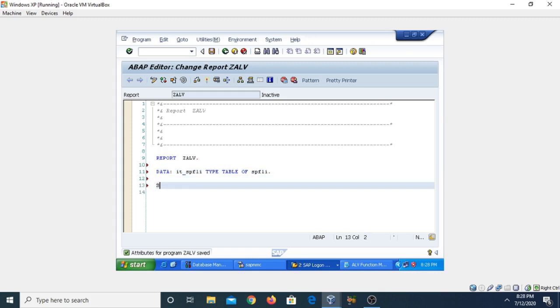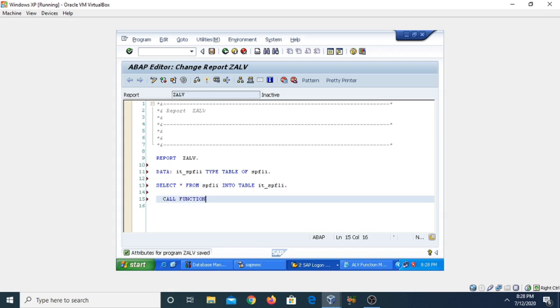Now we need to select some data from this table, so I'm going to use a select statement: select star from SPFLI into table IT_SPFLI, the internal table which we have created. Now we can directly call the predefined function.